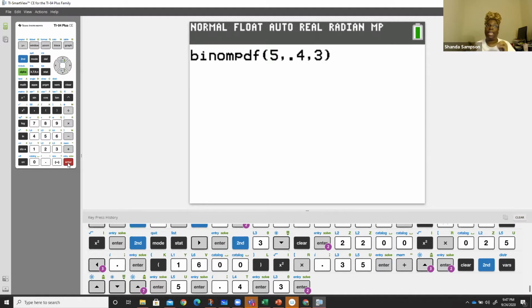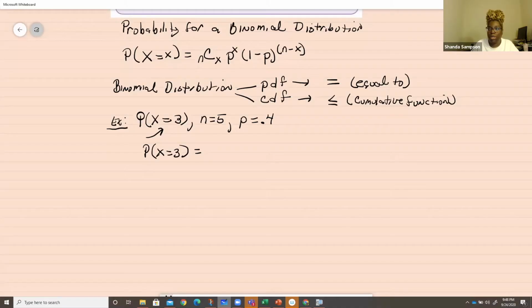Now, if you have the 83 or younger 84, what popped up on your calculator is this. It said binomPDF with a parenthesis. You have to put in N, P, X. So you have to memorize NPX. So what you're going to put in is N, which was 5, comma, which is on top of the 7, P, which is 0.4, comma, X, in this case, which was 3. I don't have to do that in a newer version. So you're all good to go. Once you do that, you hit enter, you'll get your answer. The answer is 0.2304. And remembering, if you're in my class, probability is rounded to 4 decimal places, 0.2304.